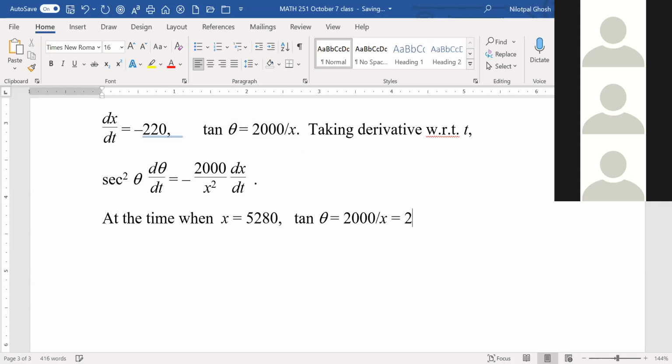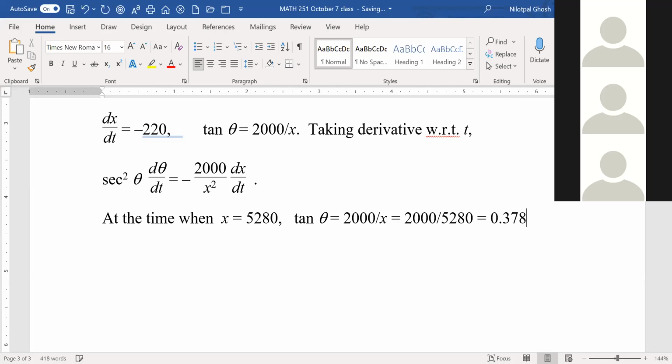So that is 2000 divided by 5,280. You can simplify it, you can write in decimals, whatever you want to do, you get some number out of it. If I get it in decimals, we need to write the exact numbers whenever possible. So learn to use your calculator, use the answer button on your calculator. When I need it, I will not divide by the decimal approximate value I'm writing here, but the correct number,